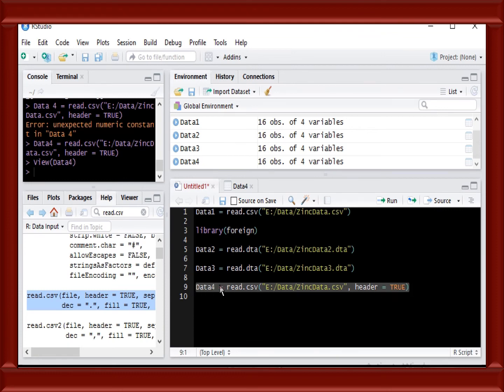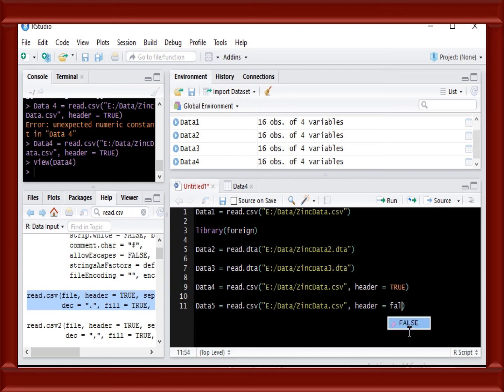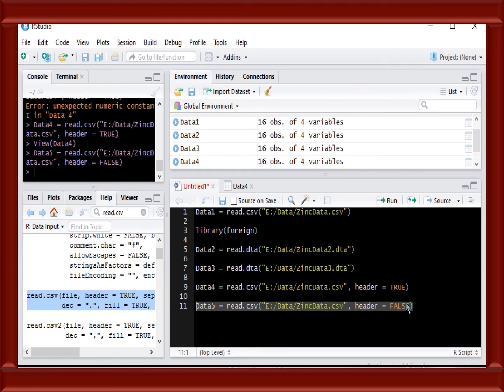So what if I set the header to false? What will happen? Okay, I'm going to call this maybe data file, and instead of true I want to call it false. Okay, if I run this, it will be imported, but